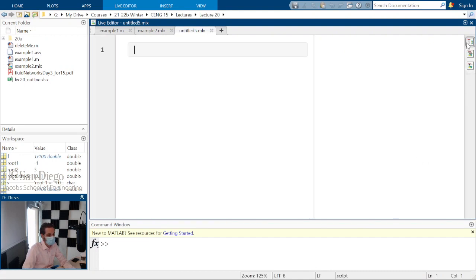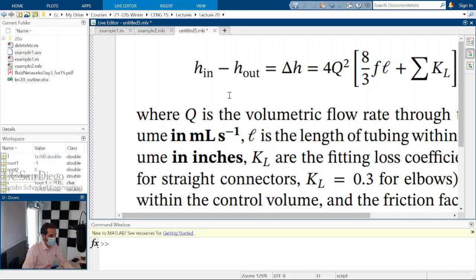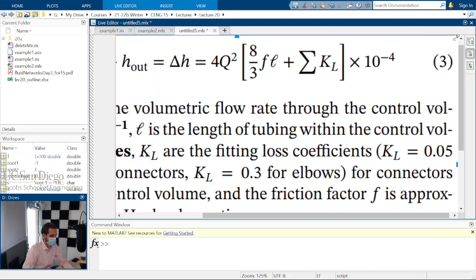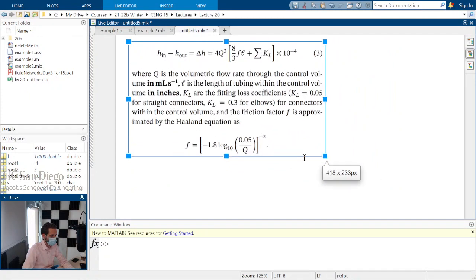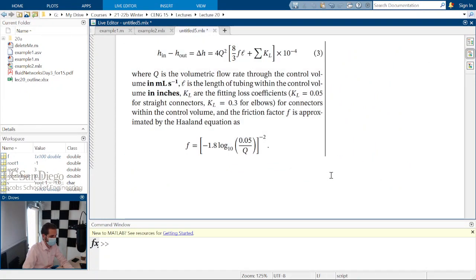Nice thing about the live scripts, which is what we've been using previously, is that you can paste stuff like pictures into them. So we'll make that a little bit smaller. So our task will be to solve equation 3 for Q,